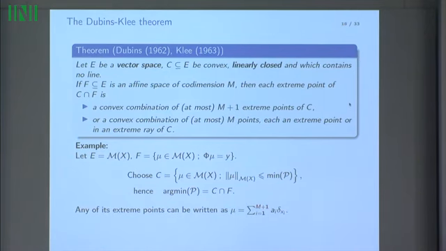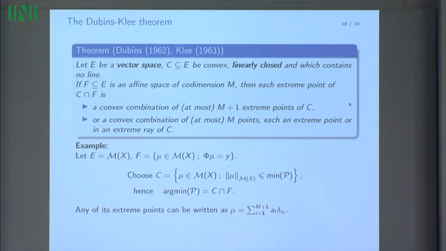So if I go back to the continuous sparse pursuit, E is my Radon measure space. F is an affine space of codimension M. So this is the admissible set, the feasible set. And I choose my convex set to be the sublevel set for the total variation associated to the level of the minimal value of my continuous sparse pursuit. And I know that the solution set of the continuous sparse pursuit can be written as the intersection of those two.